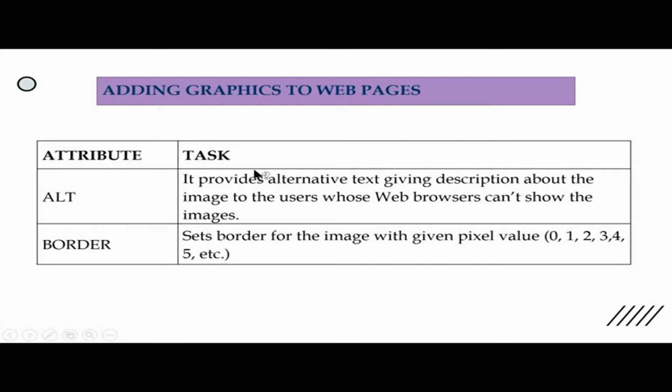It provides alternative text giving a description about the image to the users whose web browsers can't show the images. This means that if web browsers can't display the images, in that case the alternative text, whatever is provided by the user, will be displayed on the web page. The reason may be